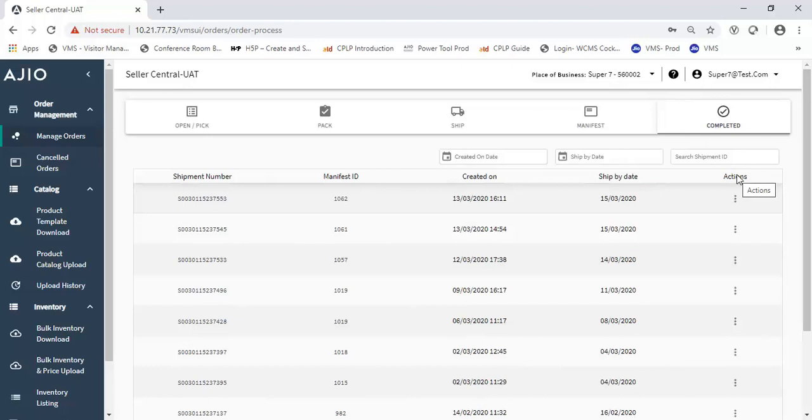The two major changes in the order management process on VMS are: you can now scan or manually enter the seller SKU or EAN codes to move articles at the box stage. While closing the manifest, you do not have to enter the serial numbers anymore.